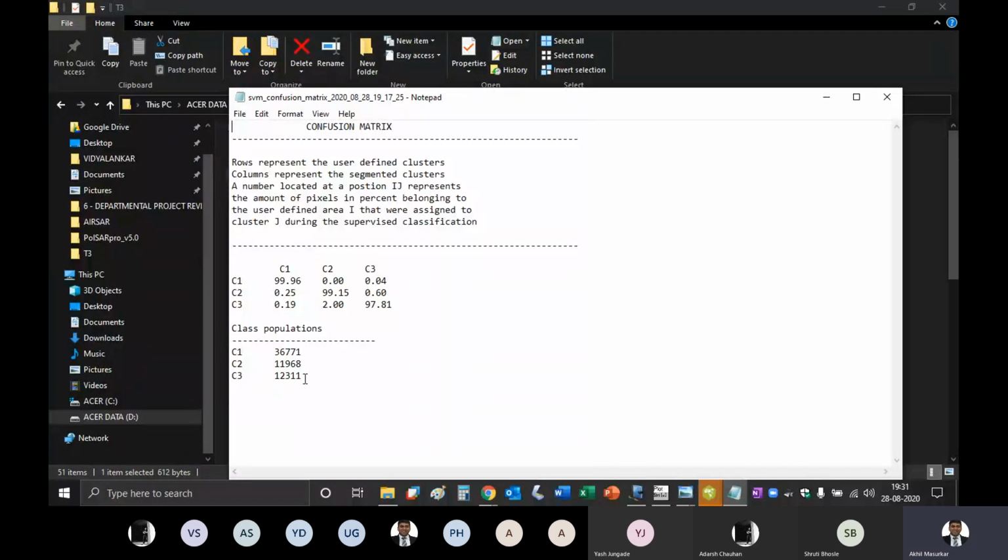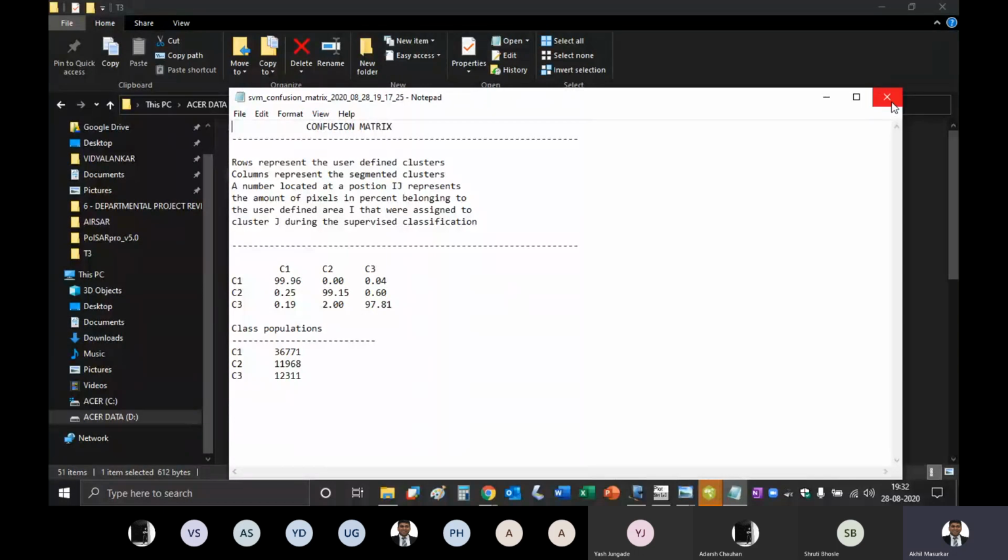Now, when we applied SVM like this for the first time, we were unaware of the class populations. We did not know this, though visually we could see that there is a class imbalance, but how much the imbalance is, we were not able to see. So you can see that C2 and C3 have almost the same number of pixels, but C1 has 3 times the number of pixels. So basically, I think that is a water body.